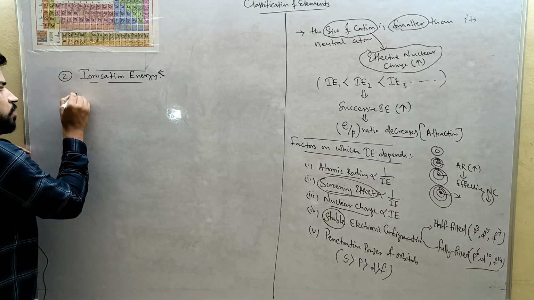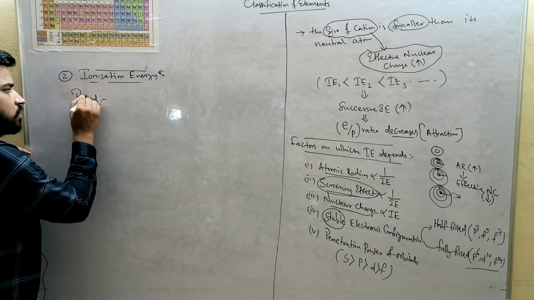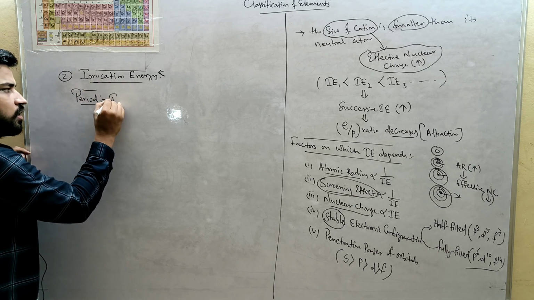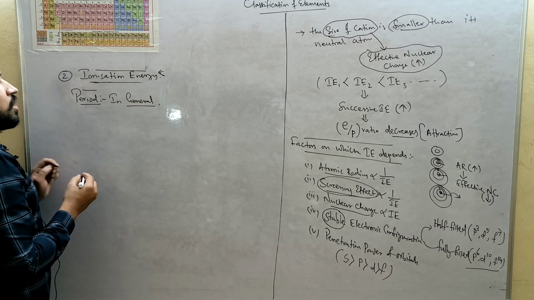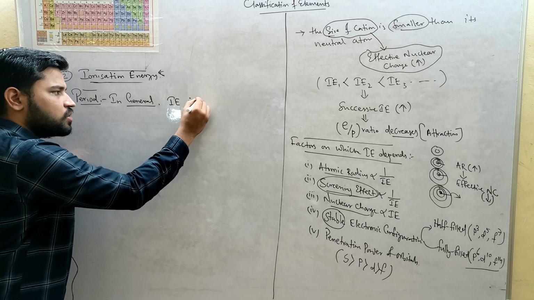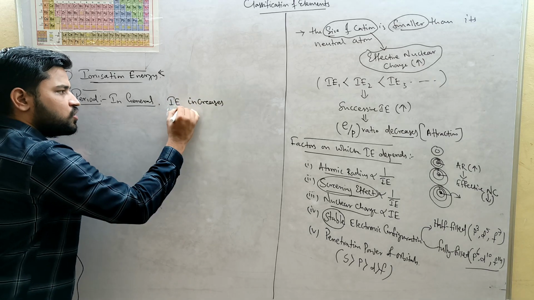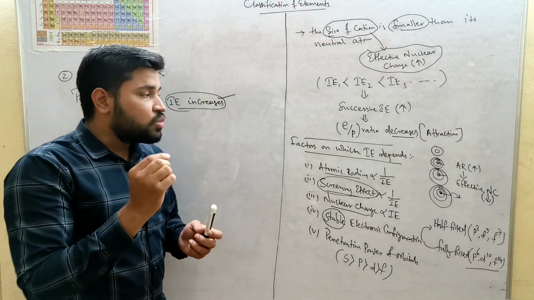So the trends in a period we can see. In general, ionization energy increases. It's a general trend. Why does it increase in a period? As I told you,